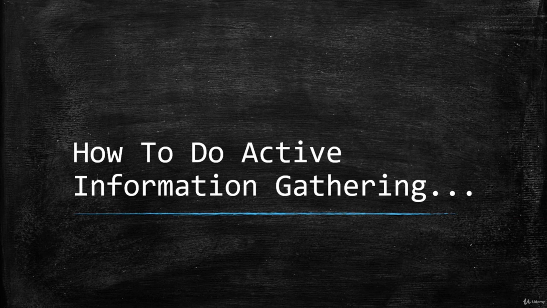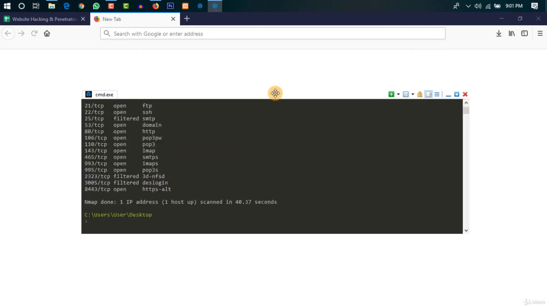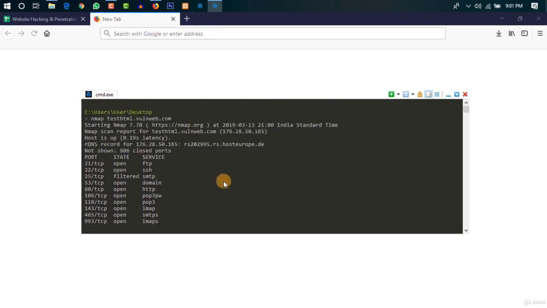So what exactly is active information gathering? Unlike passive information gathering, in active information gathering we directly communicate with the target. There are so many ways in which you can communicate with the target. You can perform scanning, you can perform enumeration, right? A very famous tool to perform scanning is Nmap, and to use Nmap you just say Nmap and then